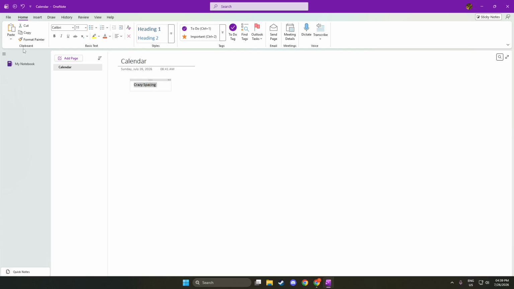Now click the Home tab. This tab is usually located at the top of the OneNote window. The Home tab houses all the essential formatting tools you will need to adjust your text. Once you click on it, you will see various options for changing the appearance of your notes. Accessing the Home tab is a crucial step because it gives you the tools necessary to fix your spacing issues